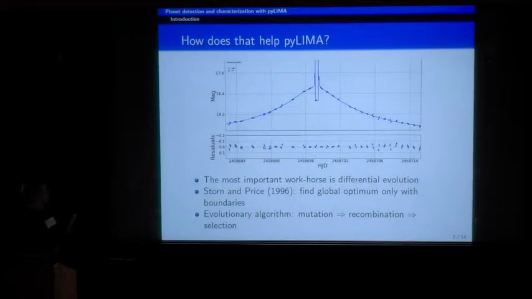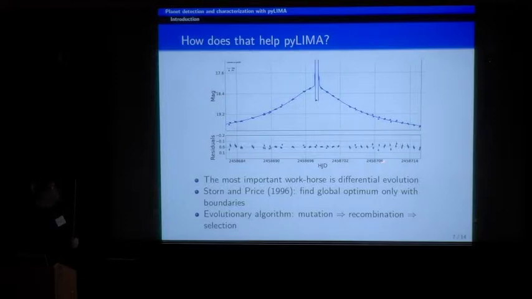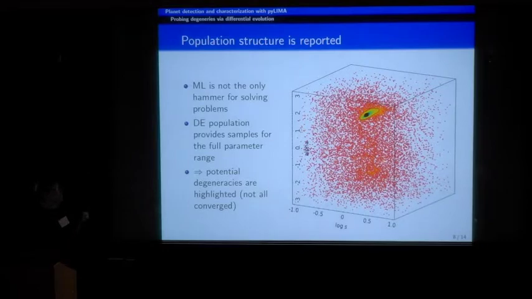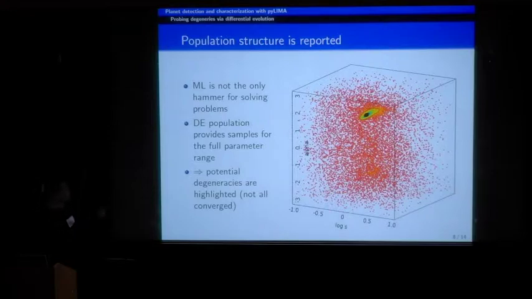And so in that case, I just want to highlight one aspect: the light curves really need a good initial boundary condition. And we're using the differential evolution algorithm as a workhorse. If you simulate such an event, some more intermediate topology, nearly close, in order to figure that out and probe the parameter space, the differential evolution heuristically probes the parameter space, and that gives us something. There are plenty of samples and ideas where your local optimum is located here in log S, log Q, and alpha space, so you can see where your best solution is.